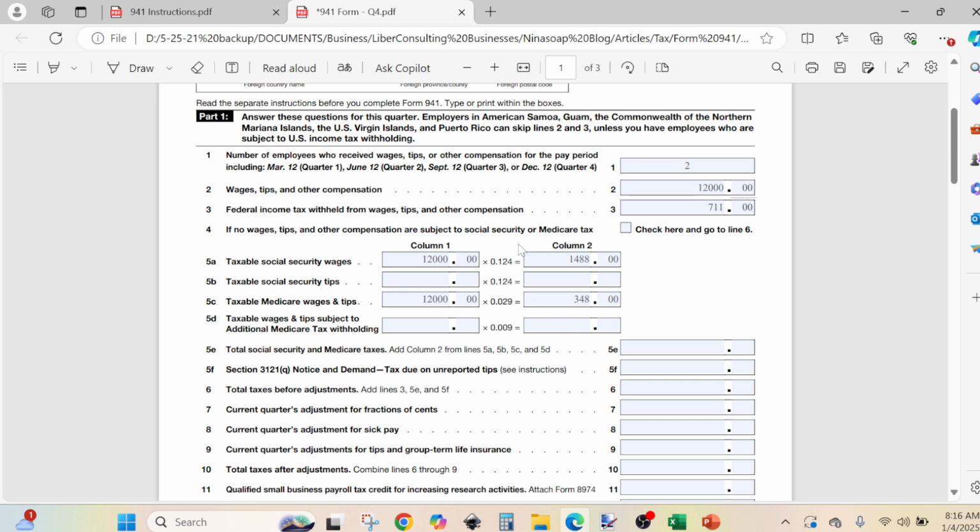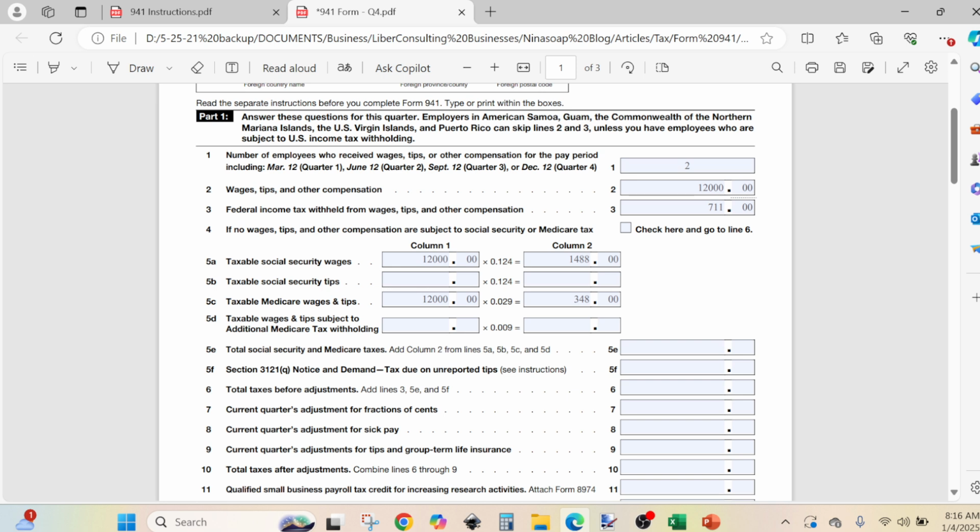And in the instructions, if you read the instructions, Social Security wages are taxable up to $168,600, I believe, for 2024 for each employee. Past that, you do not withhold Social Security tax on that particular employee that you pay more than $168,600 in 2024. And Medicare